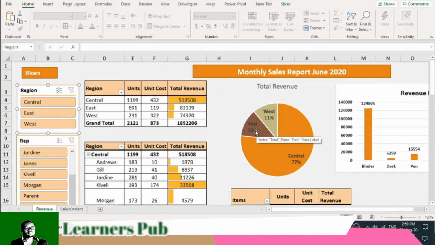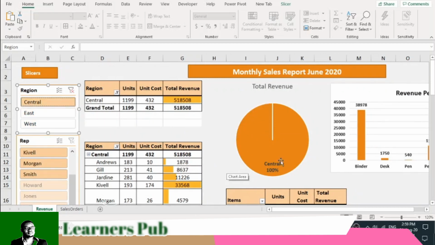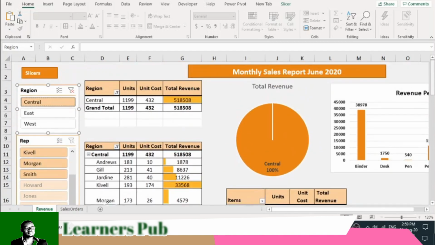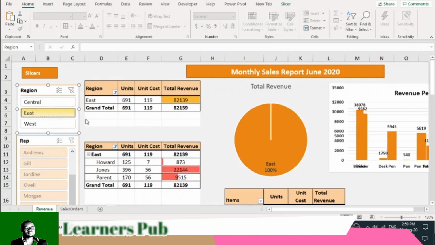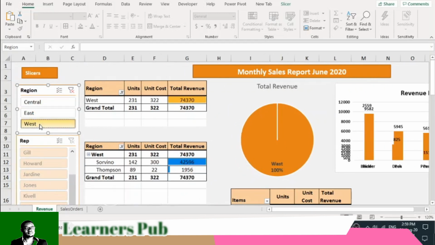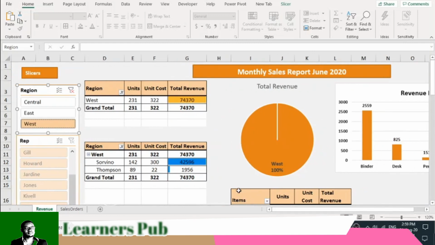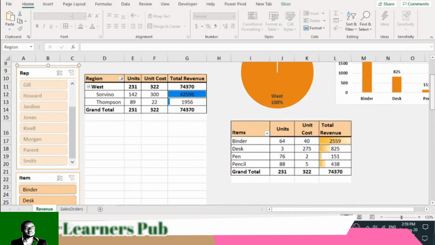I think you've seen what happens. There's just a blink, and then try to click central again, and now it only brings data about central. Even here it will show you 100% revenue from central. Click east. It will be as interactive as you can see. Click west to only bring west. So this is how you do these